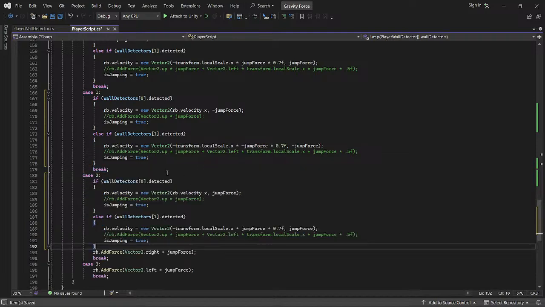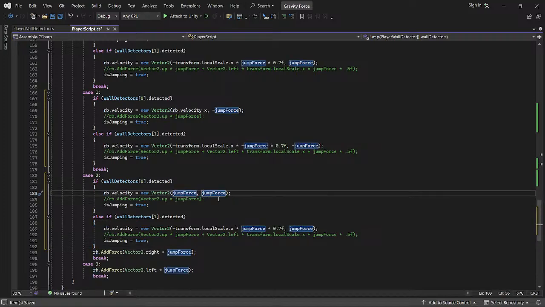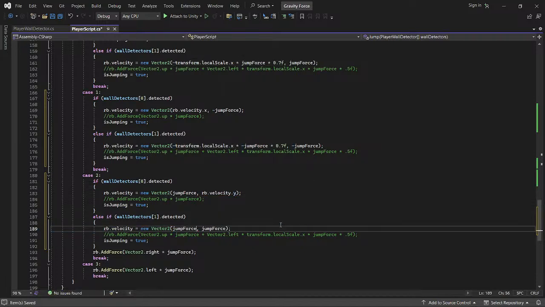Change stuff around here. It's left. So, this will be jump force here. And this will be rb.velocity.y. We modify this to be just jump force, and this will be